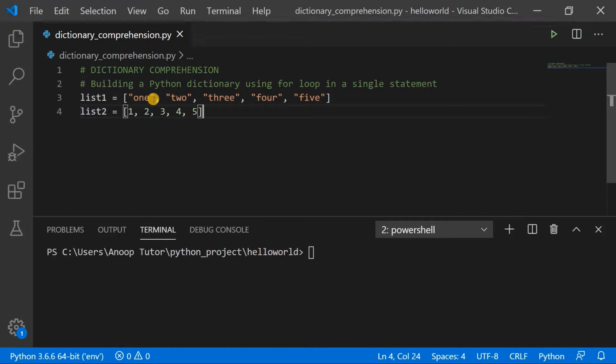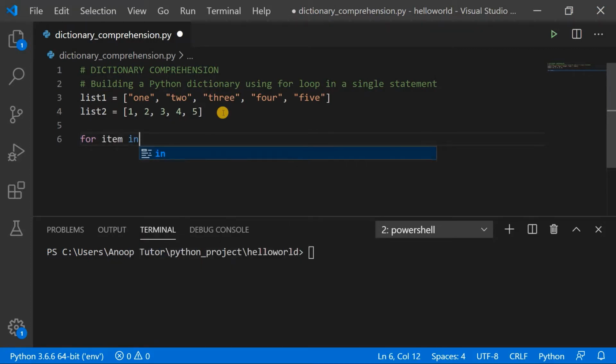The list 1 has the values 1, 2, 3, 4, and 5. And the list 2 also has 1, 2, 3, 4, and 5, but the numerical values. So let's see how you can use these two lists in order to build a dictionary using the simple for loop. So I will start with for item in list 1, say, and before proceeding further, we have to initially